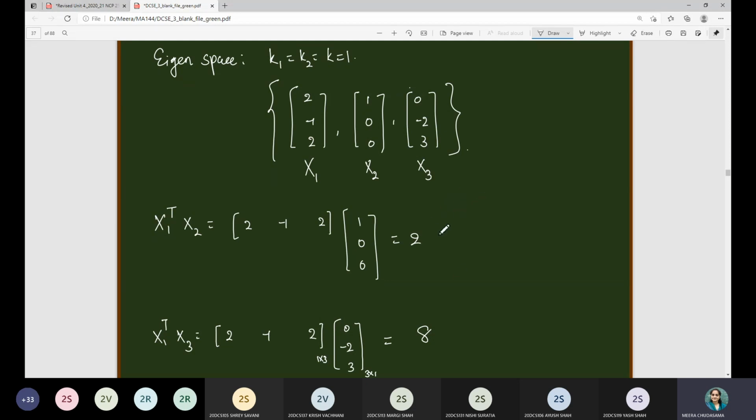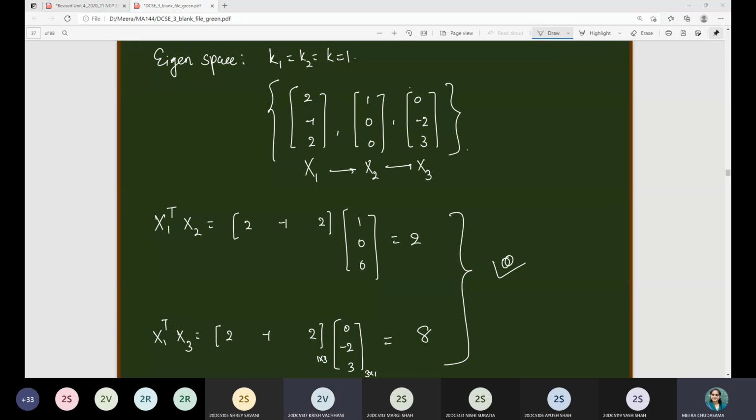Okay fine. Right now you just keep in mind that we have taken transpose of one eigenvector and its multiplication with the other one, and we are getting these entries. I will come to this point again after completion of the next example. I will try to come over here and I will let you know why I have considered this part. But from this one, when you are given the repeated eigenvalue, how to take the eigenvalues and eigenvectors calculation, is this clear to everyone? In this, do you have any doubt?